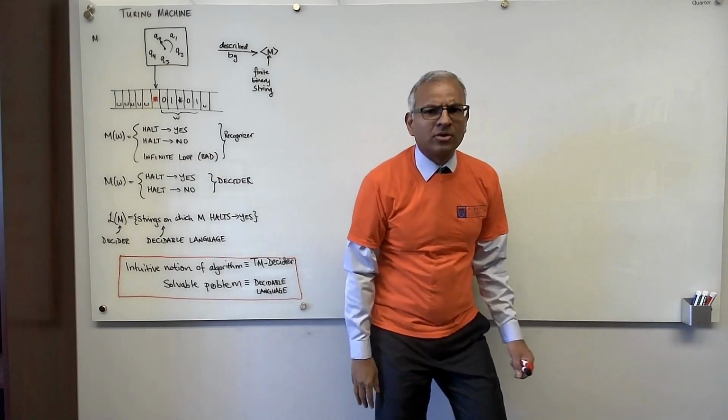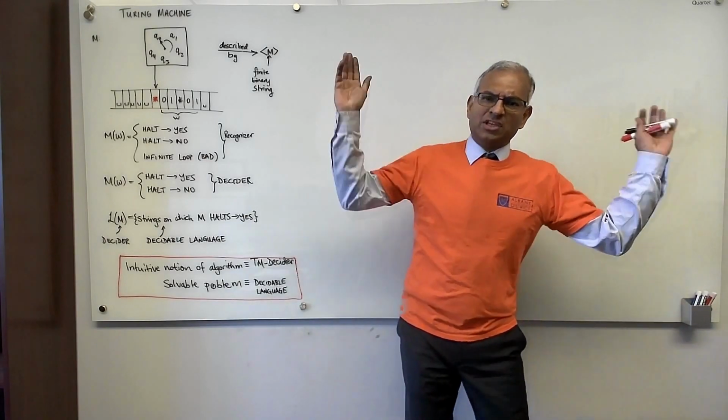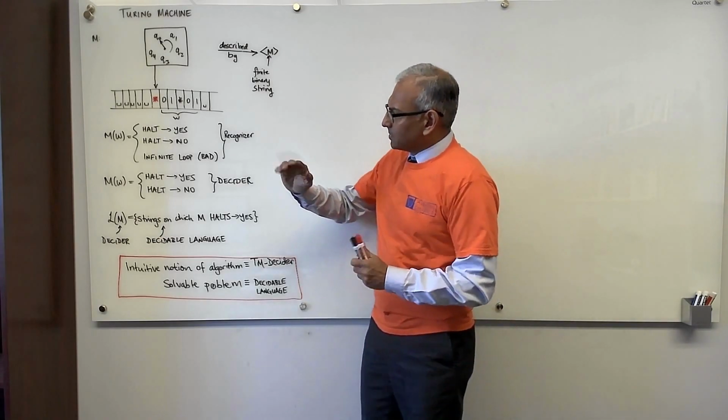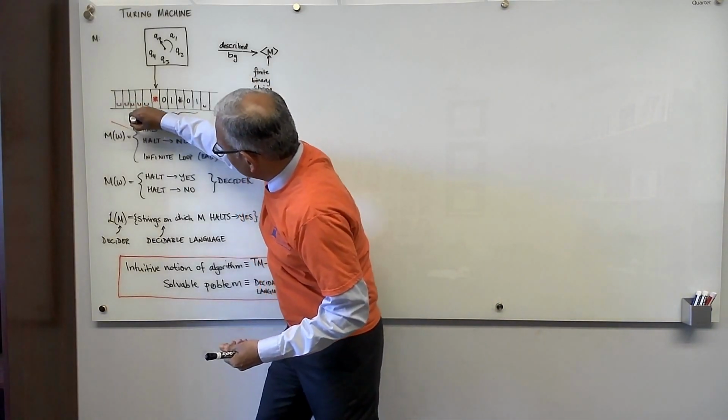And so if the Turing machine, on some inputs might go into an infinite loop, we call this a recognizer. And we've all written programs that have occasionally gone into infinite loops and we didn't know what was going on, and so we went and had lunch. Okay. Now, this is bad. We can't use